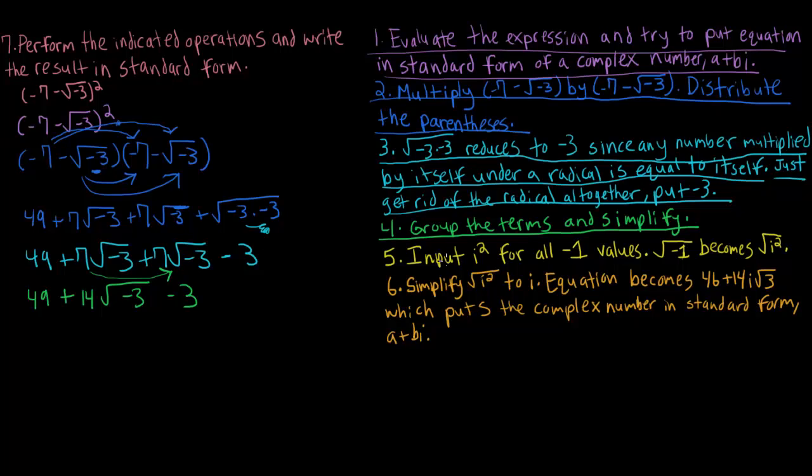And then for step 5, it says input i squared for all -1 values. -1 becomes i squared. Now, this is kind of one step ahead. There's actually one more thing you need to do with this problem. And the thing is, you don't want to have a -3 under the denominator. So what you need to do is you need to